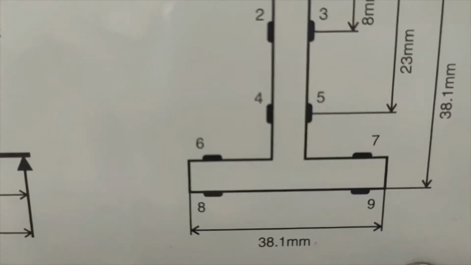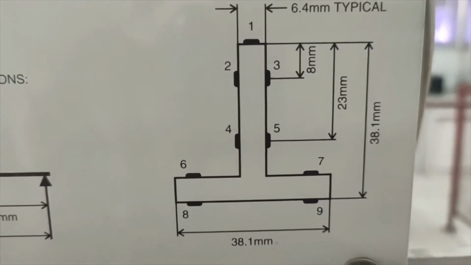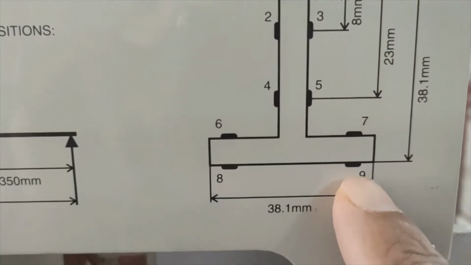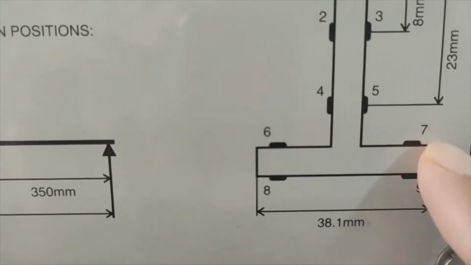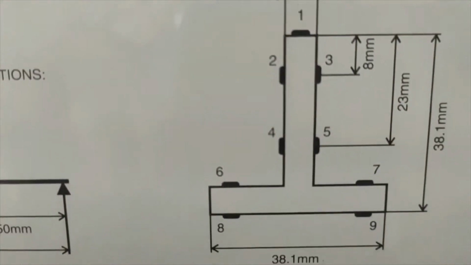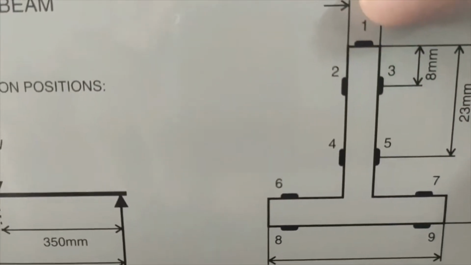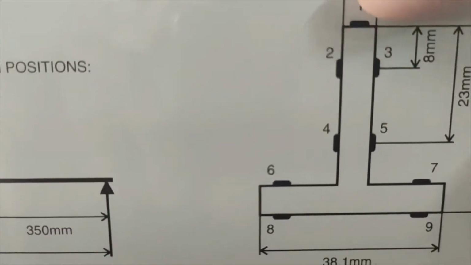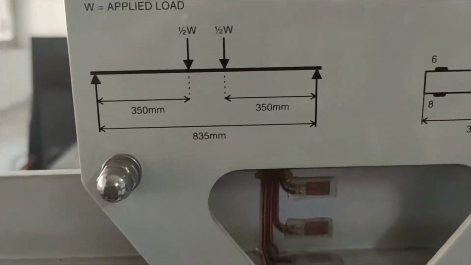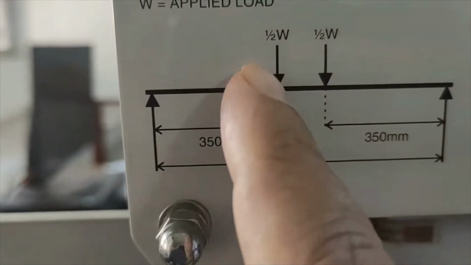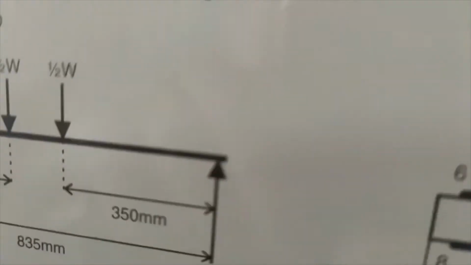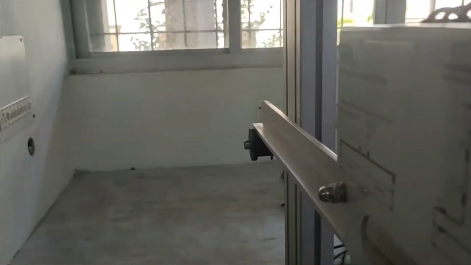If I show you the schematic diagram, it will be clear to you the position of the strain gauges. 2 of the strain gauges are fitted below the beam, 2 at the top side of the beam, and the others are on both sides of the beam, as well as one at the top of the T and one at the bottom of the inverted T. Now the load will be applied at 2 points, as you can see from the schematic diagram. These are the 2 points, and physically, this is one point. Similarly, at the other side there is another point here.